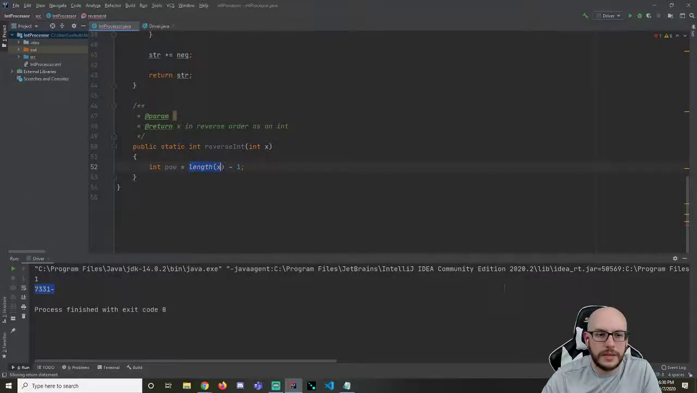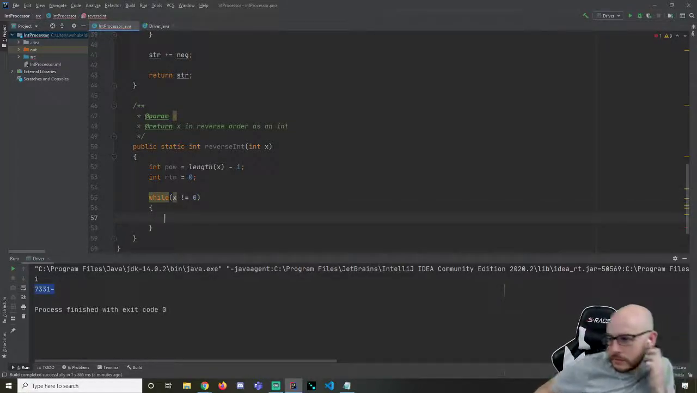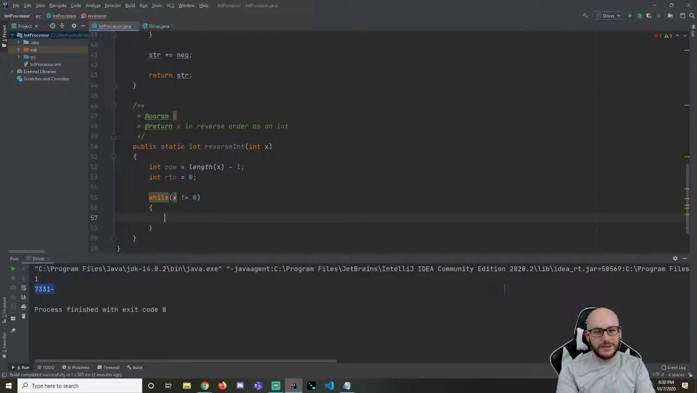Okay, and I'm saying that my starting power, PAL, we're going to end up using this in math.pal, is 1 less than the total length. I'm going to have RTN, which is what I ultimately plan on returning at the end, and we'll say while x does not equal 0. Okay, here we go. RTN is going to be what it was plus,